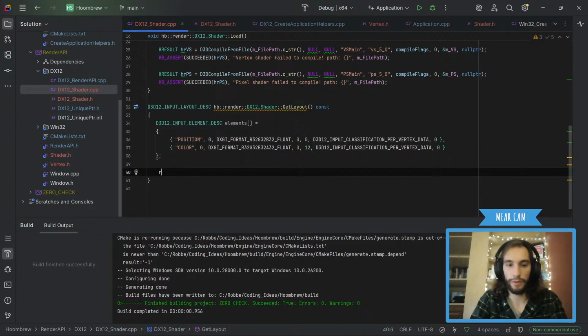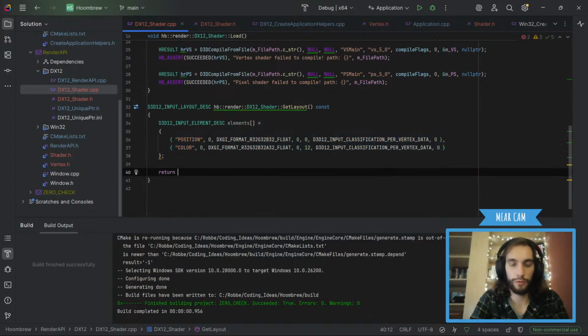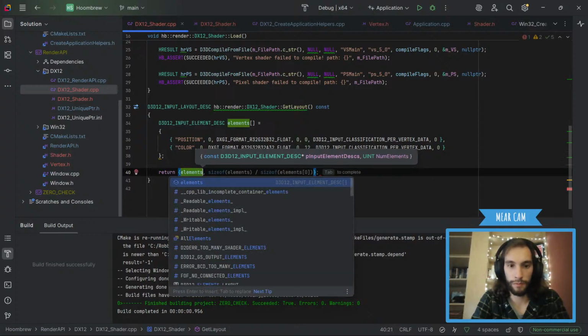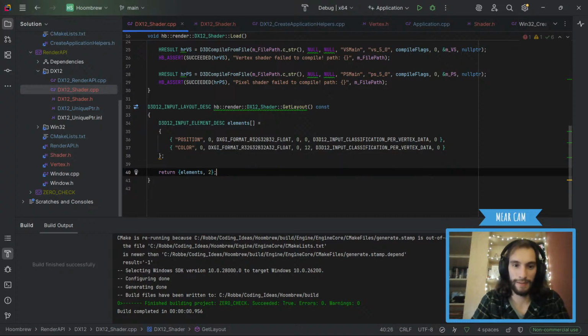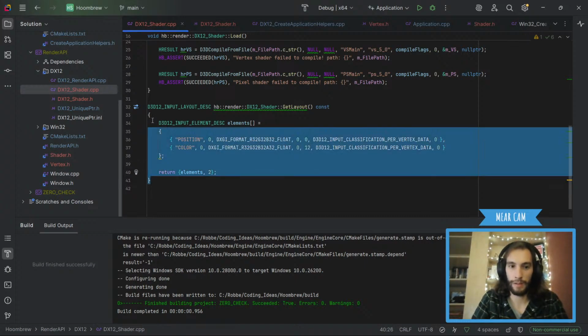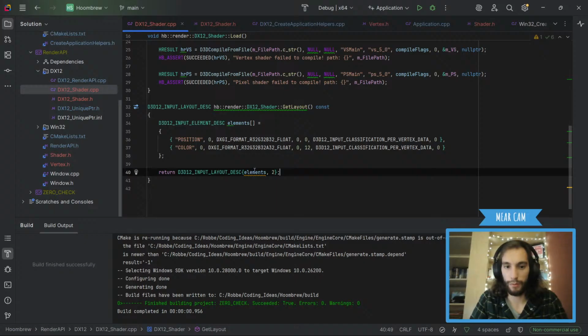And then we're gonna return that elements. Two. Because I know it's two. And that's it. Actually, let's also put that there.